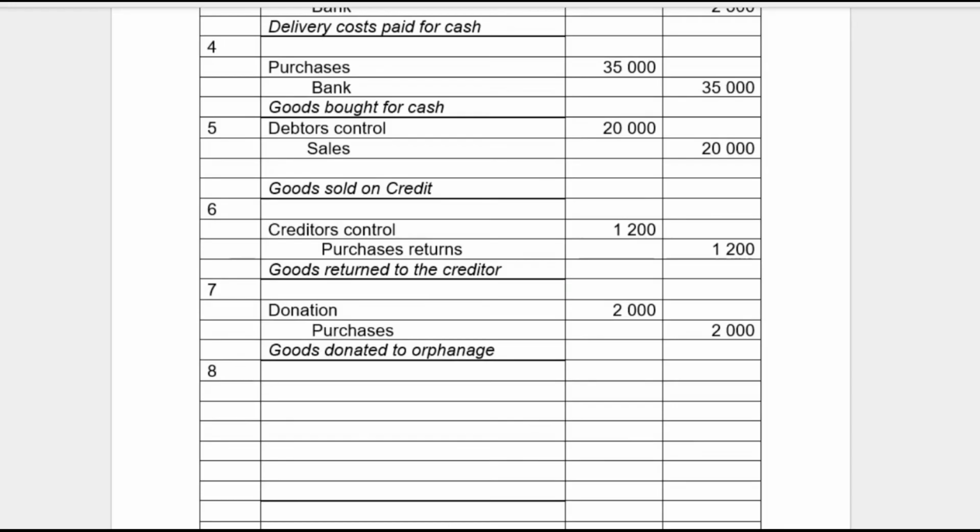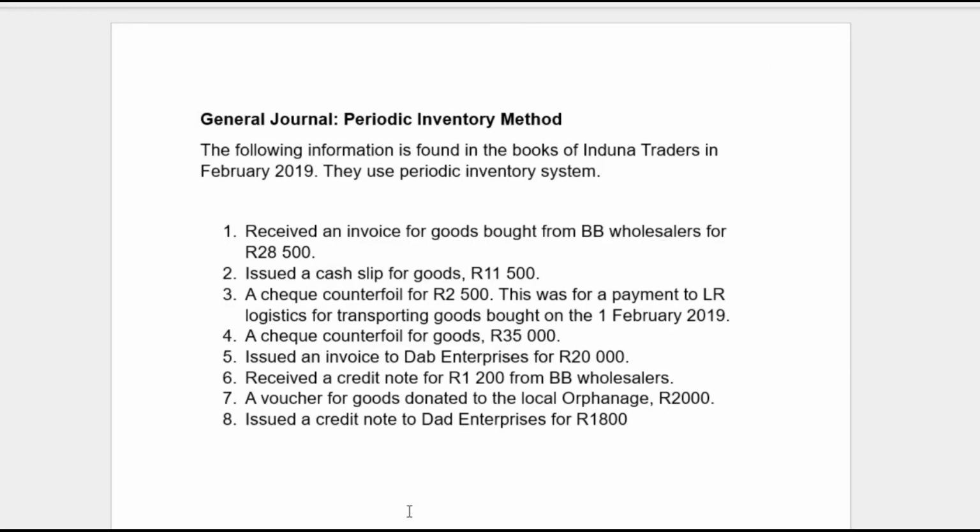Let's see. How do we record this one? They say issued a credit note to Debt Enterprises for 1,800. So now, here they basically mean that the clients that you sold goods to have returned the goods. Why? Because a credit note issued is a source document that you as a business issue to your customer whenever they return goods that are damaged or maybe they didn't like the goods, right? Then you will issue a credit note,